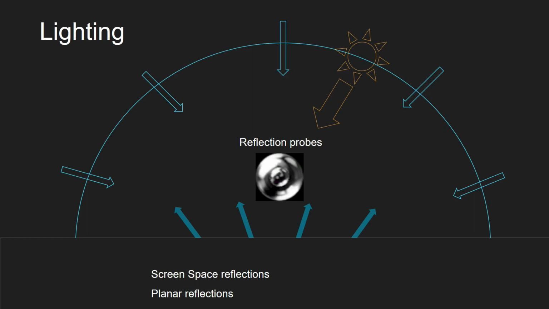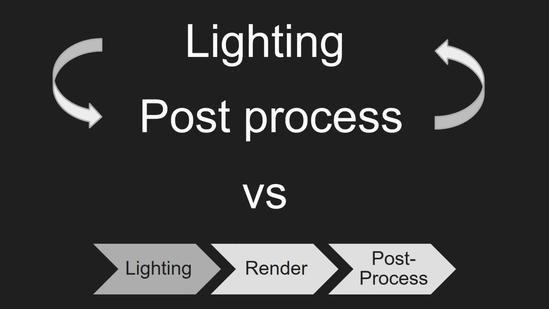On the other hand, they fall short of what we need in architectural visualization, which is a lot more accurate reflection. So for that, we've got our screen space reflections, which work very well, and then we've got the planar reflection. So it's a little bit of a overlook to not talk about post-process when we talk about lighting, because